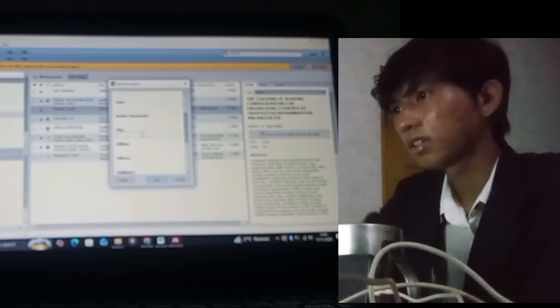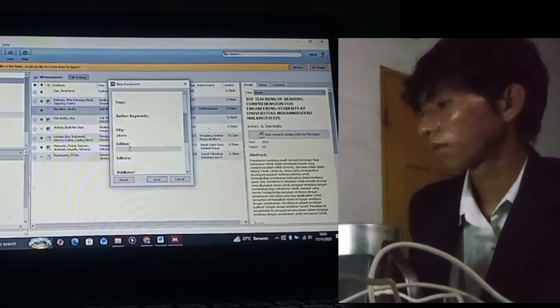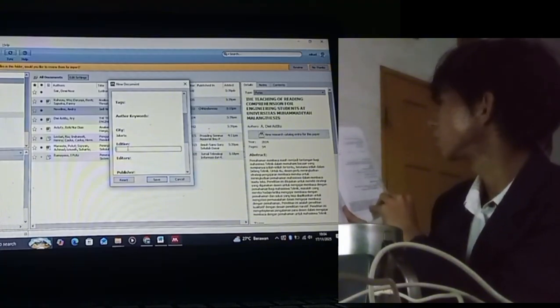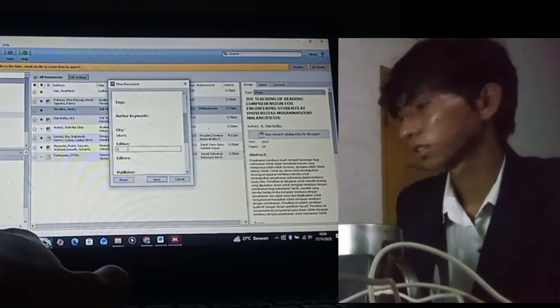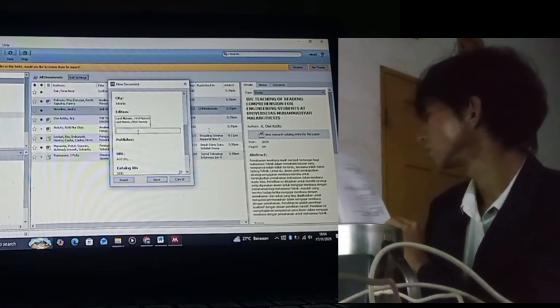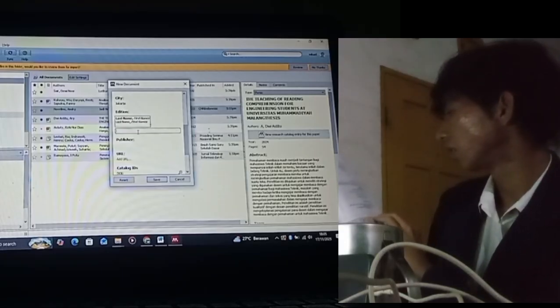Where the book was made is Jakarta, and the edition is with volume. This is volume 3, and the editors of this book, but in this book they don't have editors.